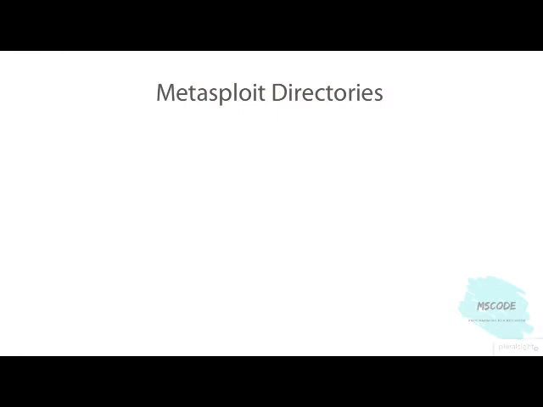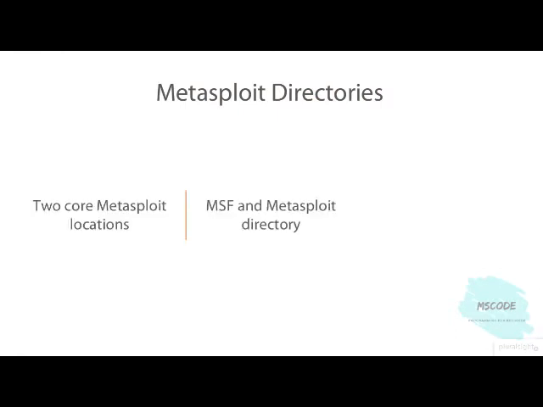So first off, let's talk about the directories. There are two core Metasploit locations. One is MSF, and it's actually a .msf. It's a hidden file location. And the second one is the Metasploit directory, or often referred to as Metasploit framework, which exists on the system, depending whether it's Windows or Linux. For the purposes of this module, we'll be using a Linux machine to be able to traverse through the files